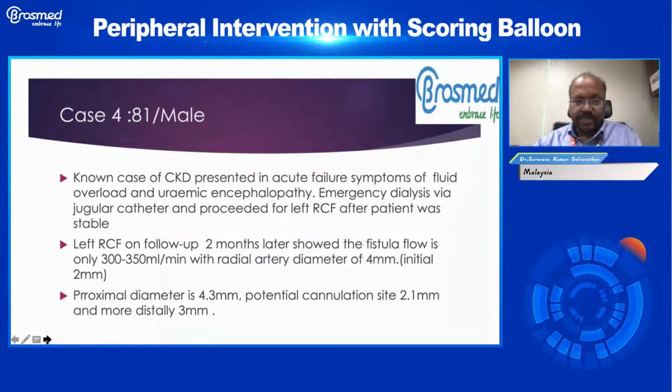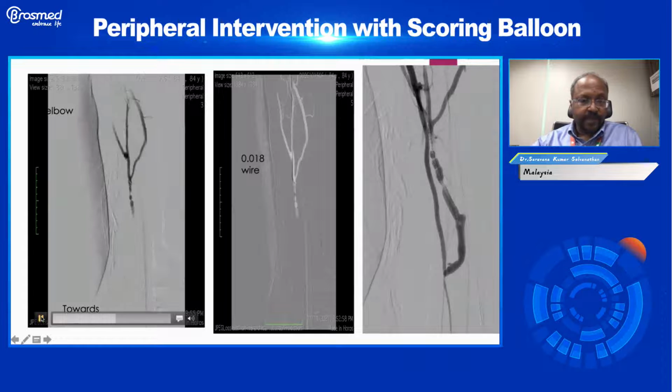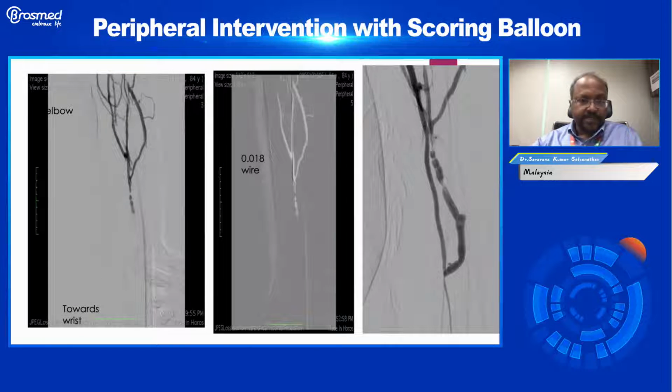The fistula still did not mature. The flow is about 300 to 350 mL per minute, and the average diameter of the vein was only about 3 to 4.3 mm. If you can see this video, this is with the inflow compressed. It's a retrograde approach. You can see tight stenosis all the way, and we were able to cross it with our 018 wire. And I did a